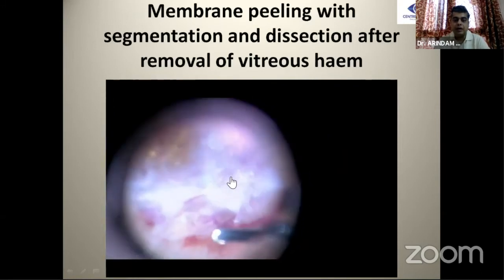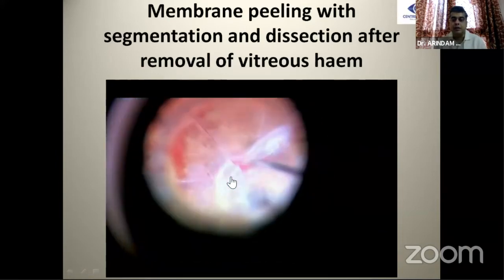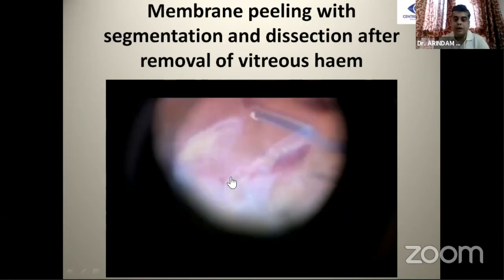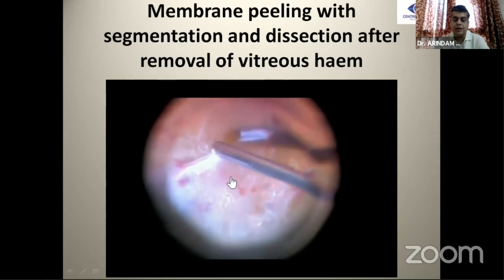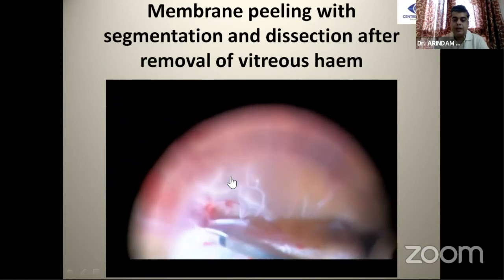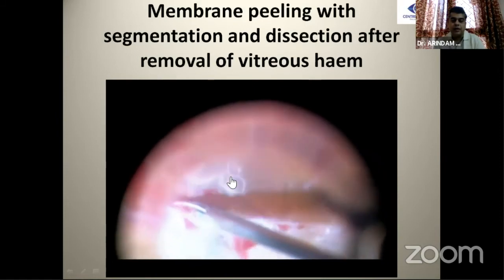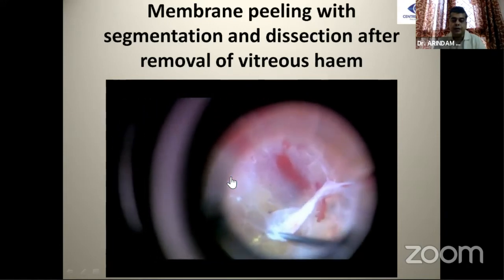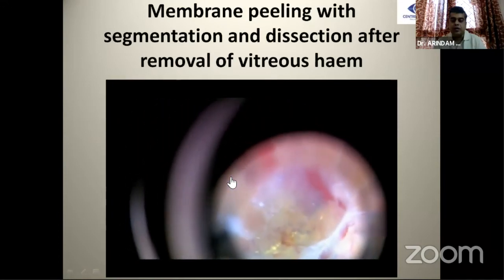Now here we have a post hemorrhage removal, a bad diabetic, bad membranes. That's a fibrovascular proliferative sheath, and it is being slowly peeled off. The vitreous is cut around the sheet. Dissection is done. A curved scissors is used to dissect the membrane close to the vascular proliferations. There is a high risk of intraocular bleeding in this procedure. You can see it is slowly removed, taking care not to cause any breaks.